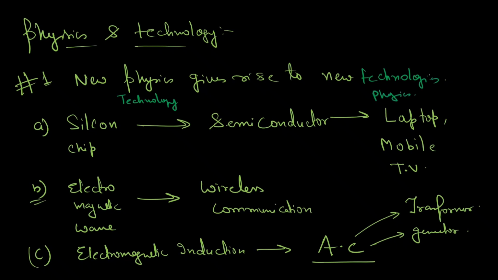So for new technology they started new study. For example, the steam engine. The steam engine had many disadvantages. So we required a new technology to save something. It was very bad. So let's study physics. They started to study physics. Need of technology gives rise to new physics. Now let's study physics.